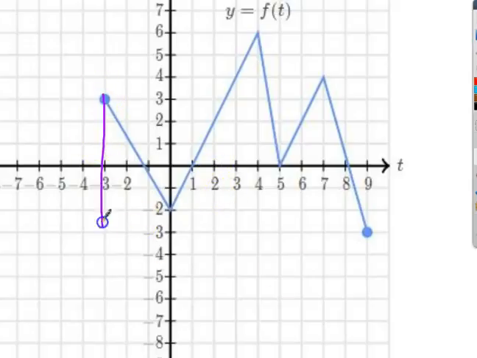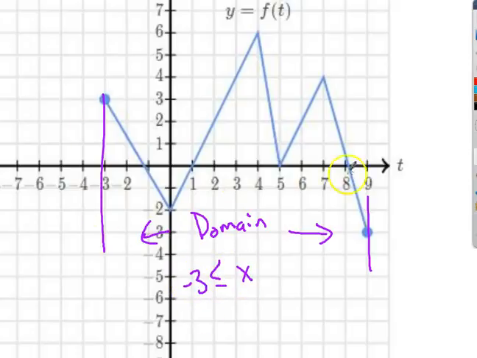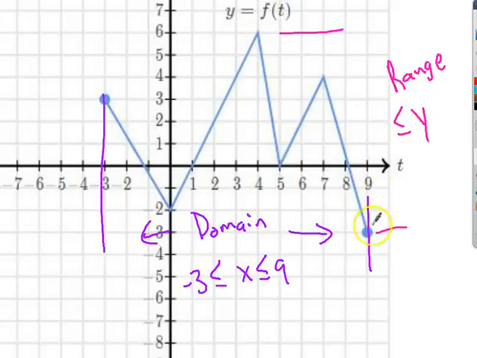The domain goes from left to right. Domain. So the domain in this case was between -3 on the left and 9 on the right. And then the range is from top to bottom. Top is here, and that's the range. It is f of t, which I'm going to call y here, up and down, is in between -3 again, and the top of it is at 6. Alright, so from left to right it goes from -3 to +9, and from top to bottom it goes from